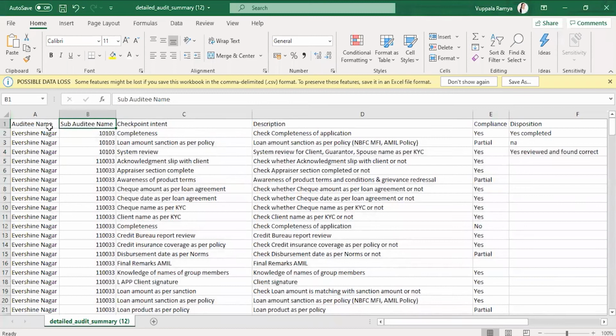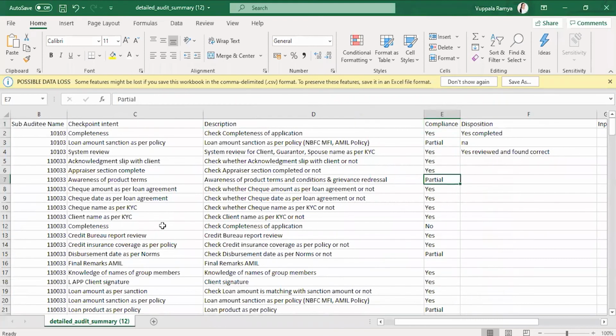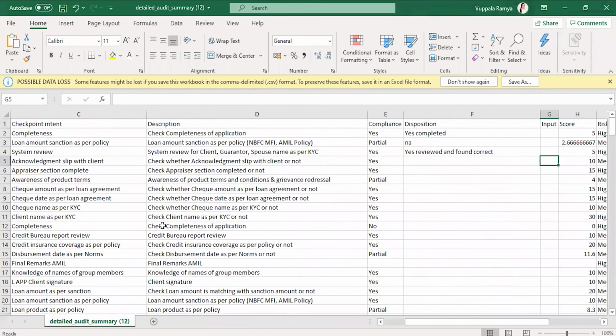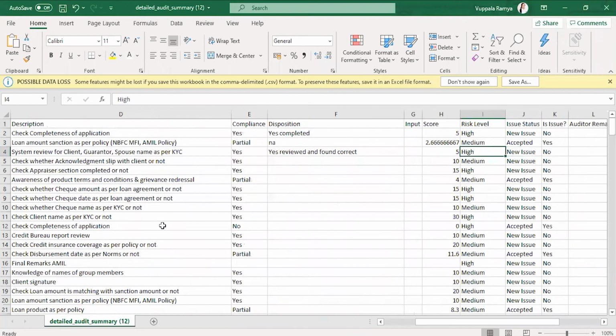If you have samples being checked, those will be listed in a sub-auditee name, followed by the checkpoint intent, description, the compliance chosen by the auditor, and the disposition given. If the particular checkpoint has an input value, that also will be shown, along with the score, the risk tagged at the checkpoint level, and the current issue status.